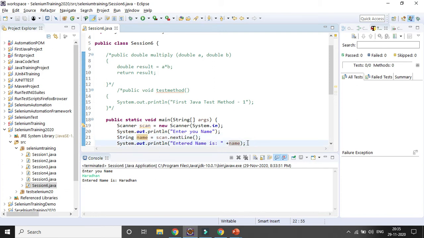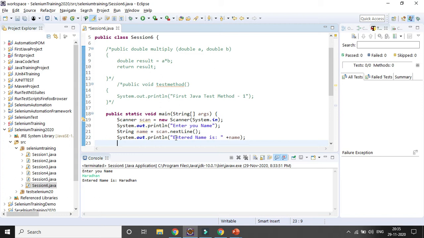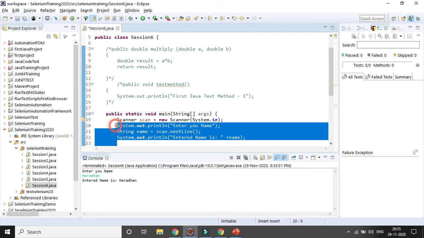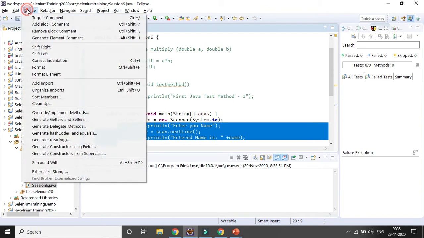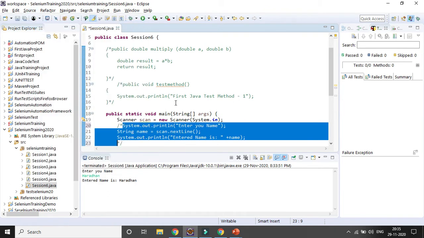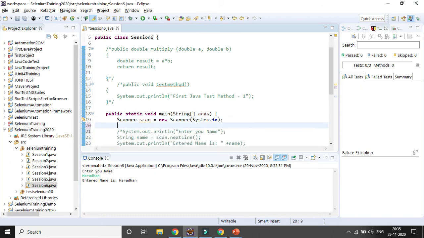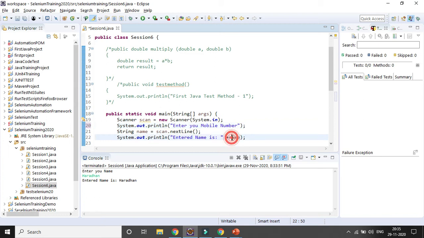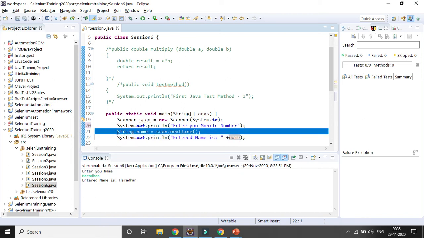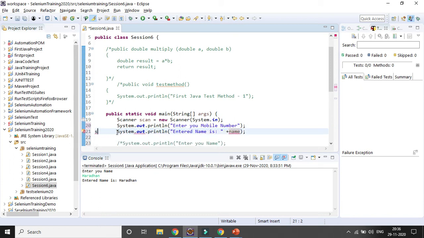So it is entering. Now if I want to add more lines, just comment out the same lines of code, and I will be using it once more the same way. Now I want to enter, suppose, a mobile number. So what is the mobile number? Mobile number is an integer, because it's only numbers. So here I will be removing that line, and instead I will be using scan. Let's remove the line.